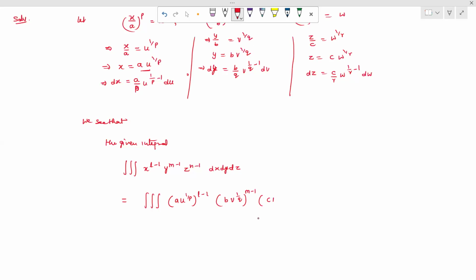Z, तो c w raised to the power 1 upon r n minus 1 into dx dy dz। अब dx क्या है? dx है हमारा a अपॉन p u रेज टू द पावर 1 अपॉन p माइनस 1 इंटू डी यू। और dy, b अपॉन q v रेज टू द पावर 1 अपॉन q माइनस 1 इंटू dv। और dz तो c अपॉन r और w रेज टू द पावर 1 अपॉन r माइनस 1 इंटू dw।